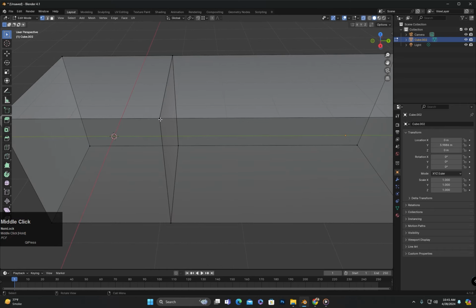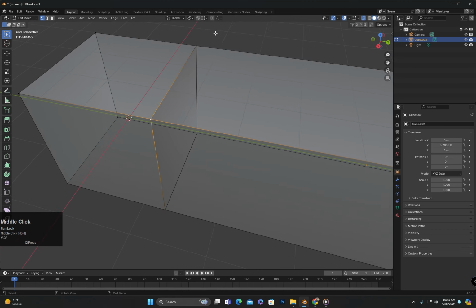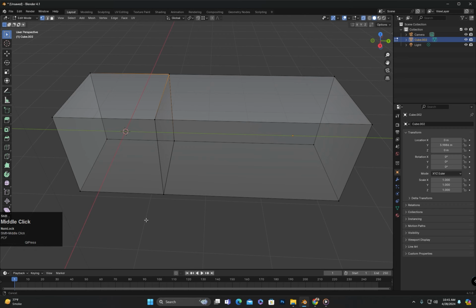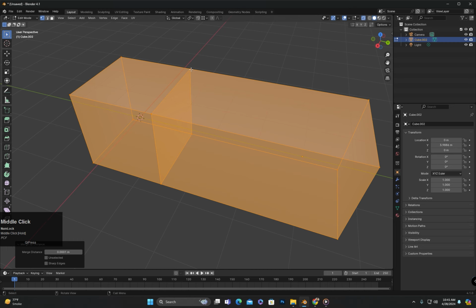This means that one vertex has been removed. And another advantage of this tool is that we don't need to select vertices separately. We can select the entire object and merge by distance, and overlapping vertices will be merged because we have set a low value for the distance.